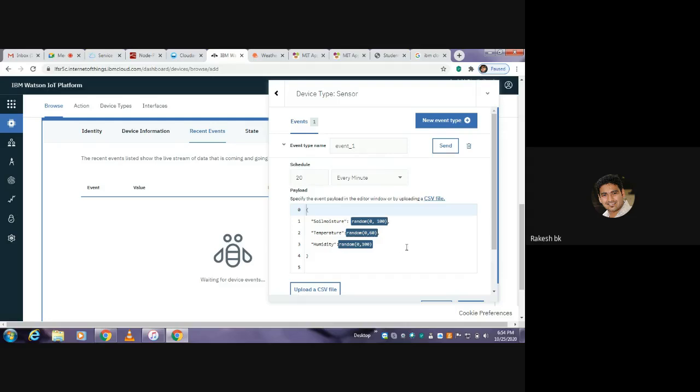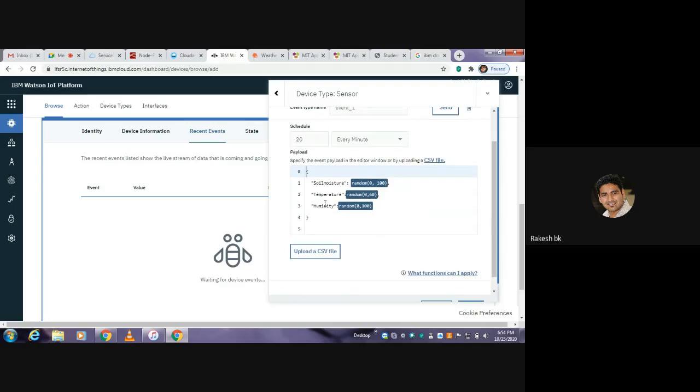And by using this editor window, you can also edit different devices that you require. So soil moisture, temperature, humidity, and then you also have a provision where you can upload a CSV file directly from your laptop or from any other sources. That will directly add all the nature of the devices and the unit values, and the range between which the data has to be gathered.